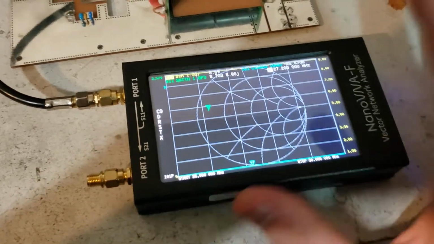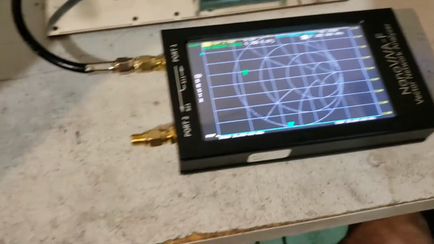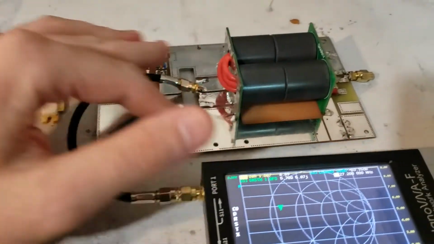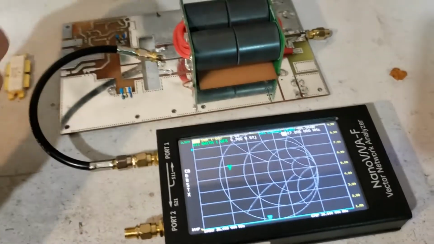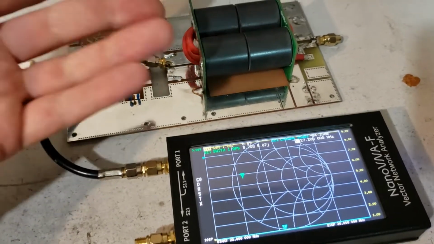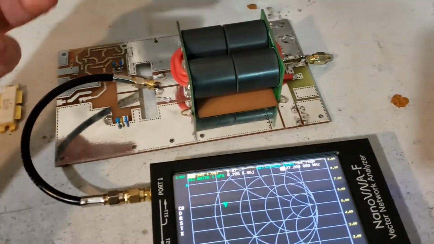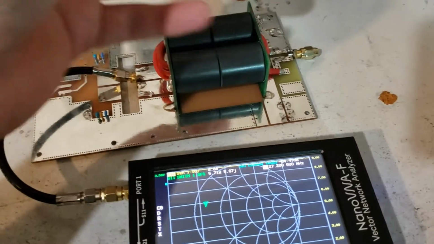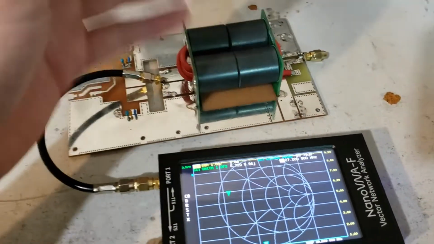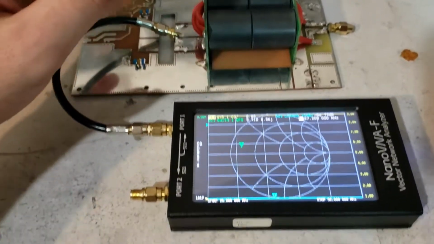But anyhow, okay. We're right in the middle of our favorite band, 27.2 megahertz. So right now we're measuring the characteristics of this system at the frequency that I think most of you are probably going to be using. Of course, if you wanted to build a 20 meter monoband amplifier, you'd be at a different frequency, you'd be using totally different capacitor values, you'd probably be using different types of ferrites, and so forth. But what we're looking at right now